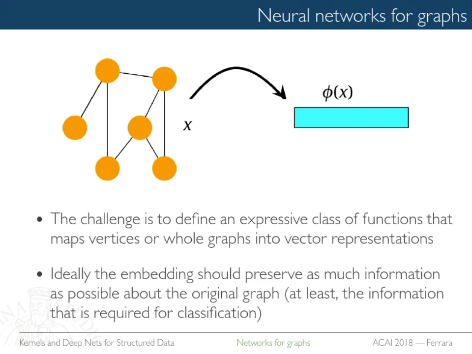People in the 90s were thinking in these terms. Jordan Pollack, for example, invented an architecture called recursive auto-associated memories that essentially does this trick, and you can learn this representation. But it's better if you learn this representation for the task that you have, if you have supervised data. Okay? And so the idea is to see methods that will learn this representation based on supervision for the task.